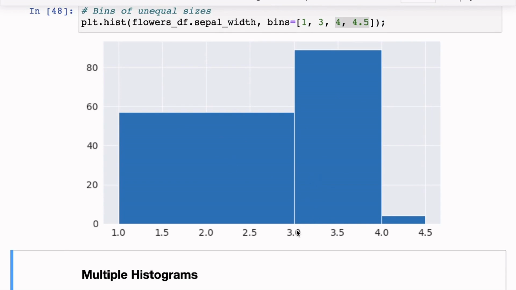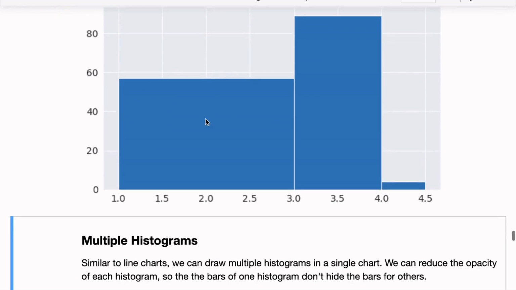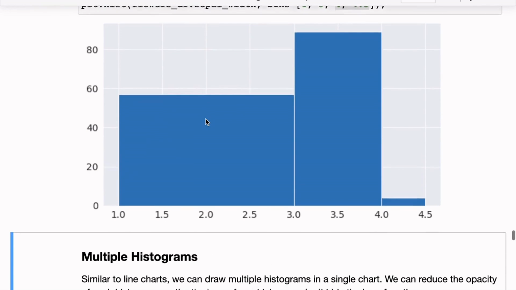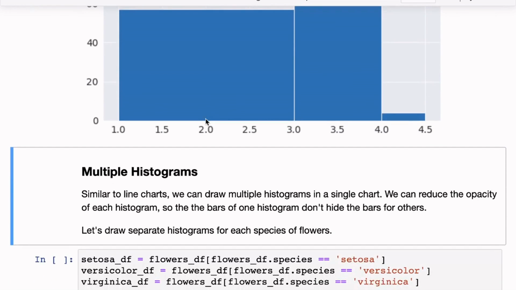But you can still see that even though the 3.3 to 4 bin is a little bit smaller, half the size of the first bin, it still has twice as many values. So this is how you can play around with histograms. Just change the number of bins and the size of each bin. But I hope you get the idea that the basic idea here is it tells you how a single variable like the sepal width, how its measurements are distributed along the full range of values that it takes.